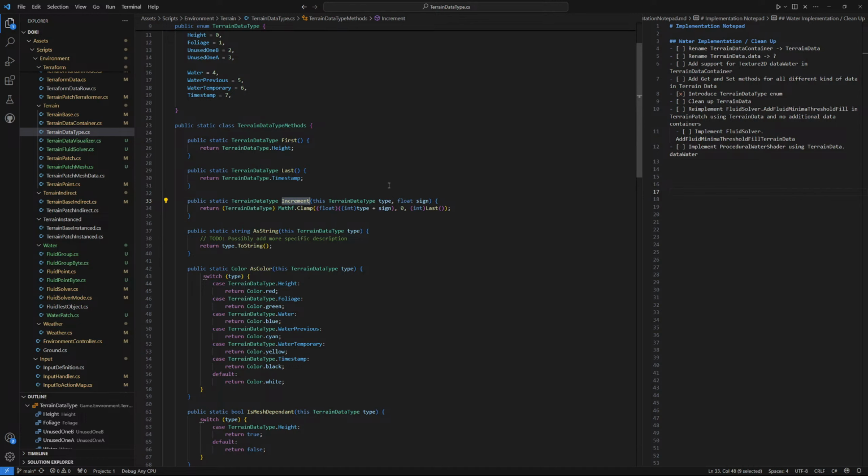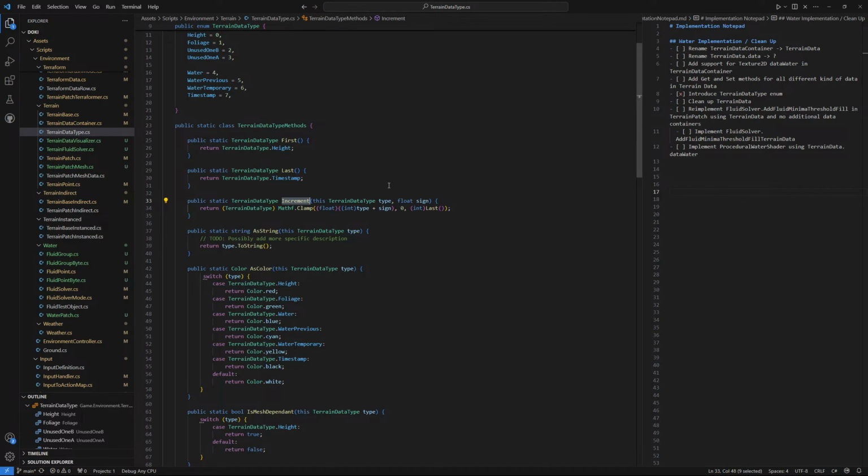Which one of these has the data we change each time? So let's say that we have water amount in R. So the next time we go through the algorithm, then G is water temporary, B is water,